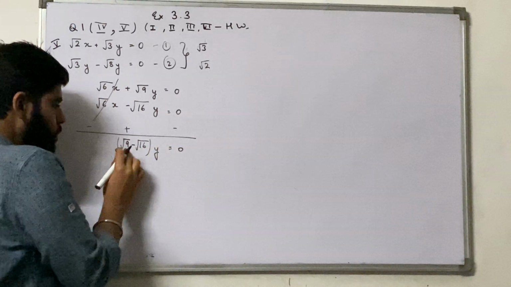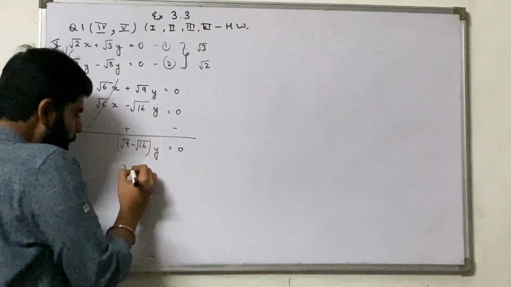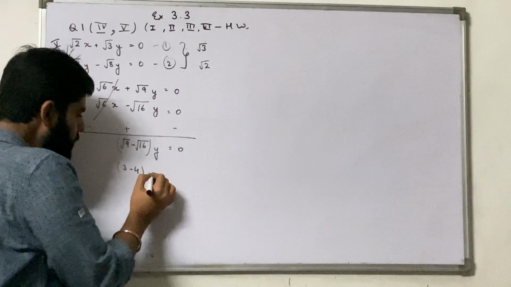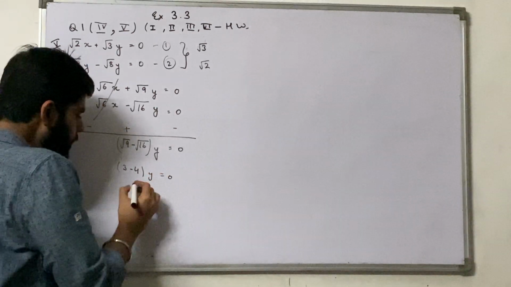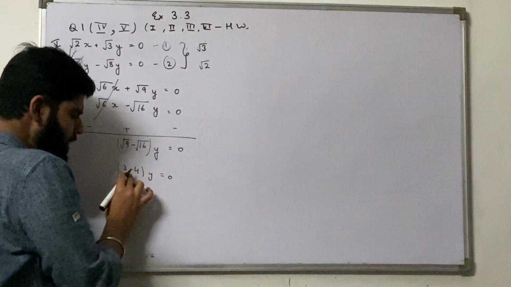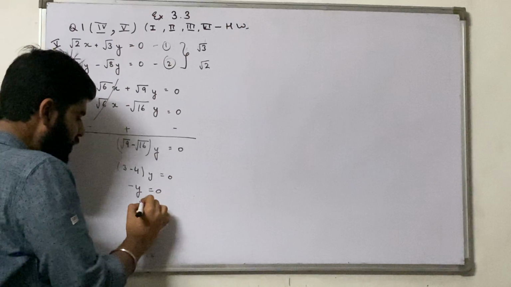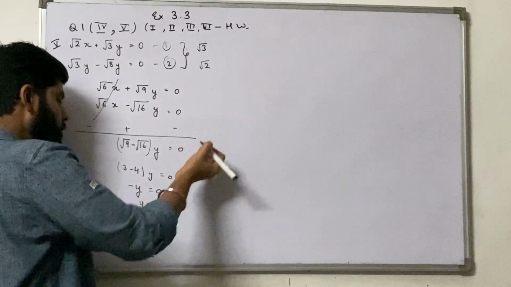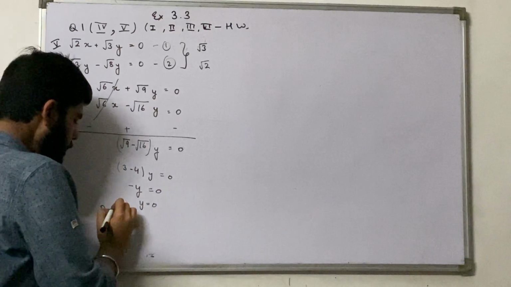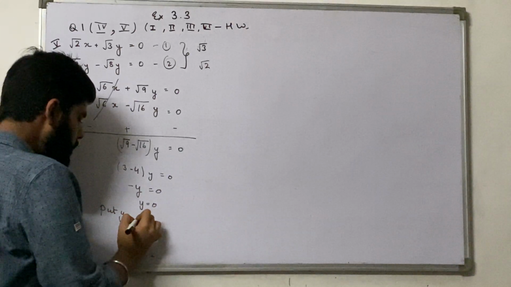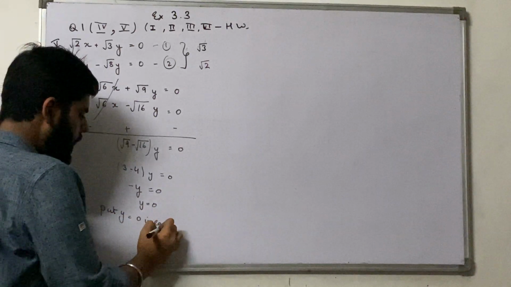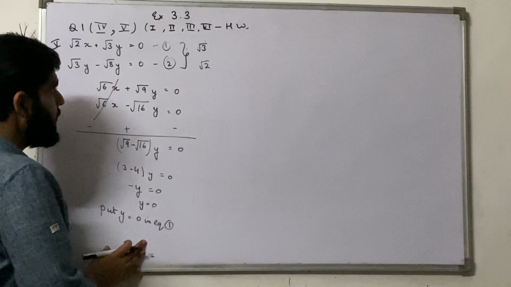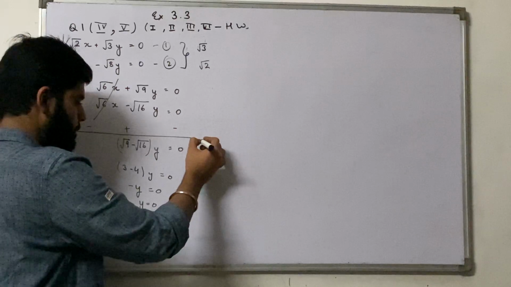Okay, now root 9 is 3, minus root 16 is 4. 3 minus 4, y is equal to 0. Therefore minus y, this is minus 1, right, is equal to 0. Therefore y is equal to 0. Now we will put y is equal to 0 in equation 1. When we put this y is equal to 0 in equation 1, we get